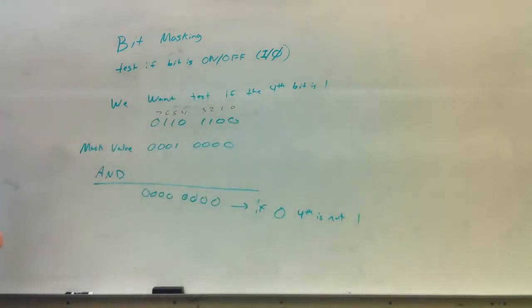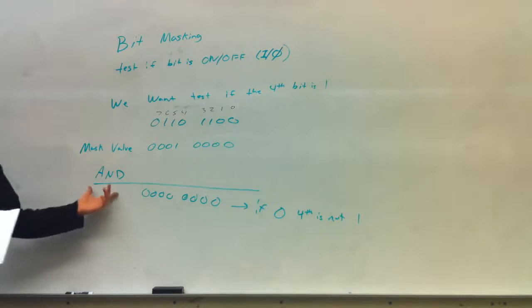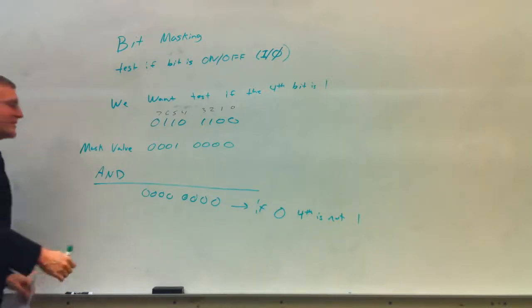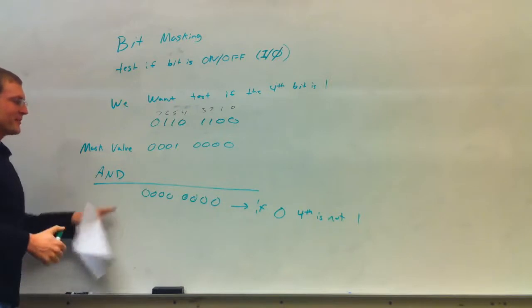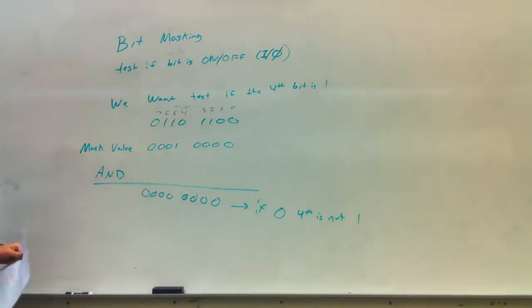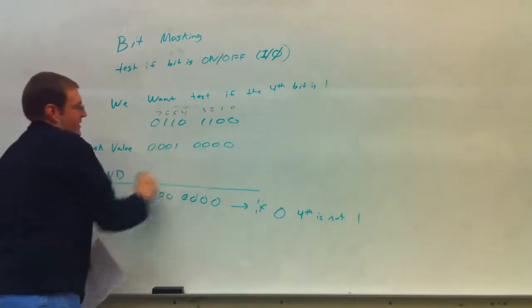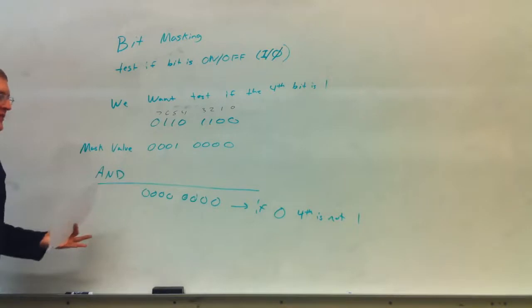Can't you just look at that and say the fourth bit's not 1? Well, the thing is, the computer needs to test it, right? You have a program, and you want to test the fourth bit. How do we write a program to test the bit? So basically, this is the way that I can tell the computer, hey, I want to test if my fourth bit is 1. And so I ANDed it with what you call a bit mask,